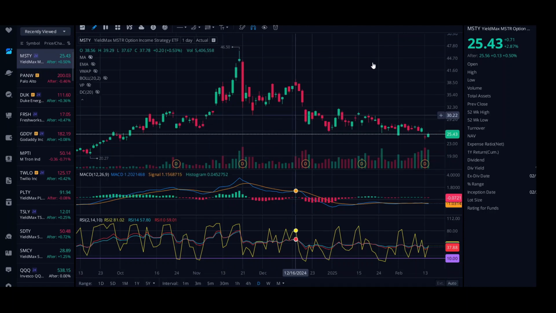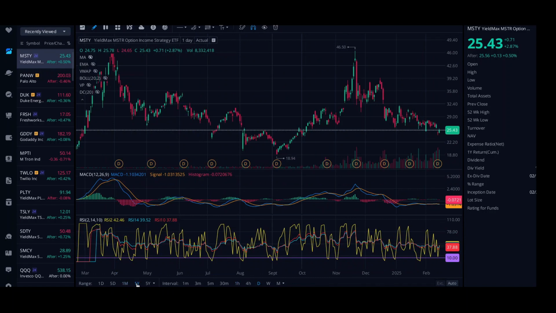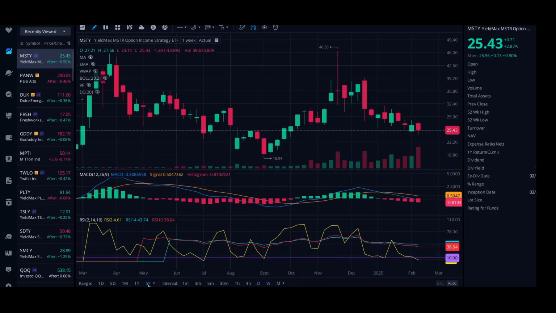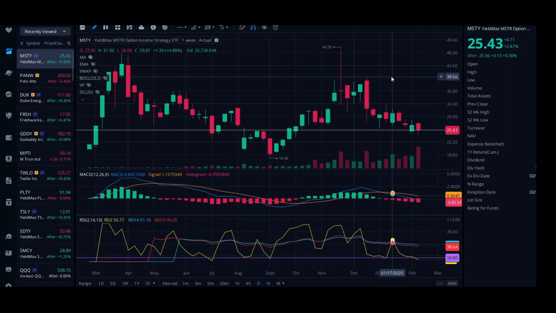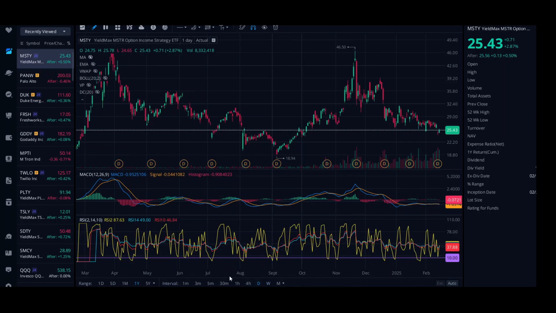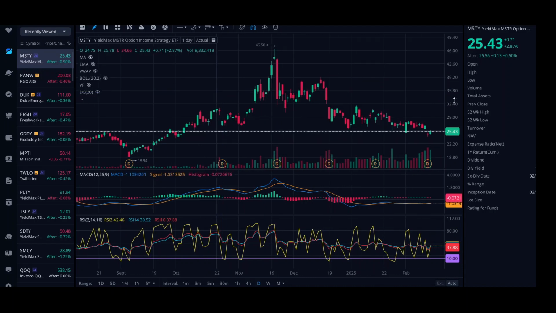Now, I am only looking at this screenshot here. We can look at that at a 1 month, we can look at that at a 1 year, and we can look at that at a 5 year, right? And that 5 year isn't really for 5 years because MSTY has not been out for 5 years, so it will only show the max amount of candles available. So for now, we're going to keep it on this 1 year chart, and we're going to look at the day interval. Okay, so I'm just going to zoom in here,